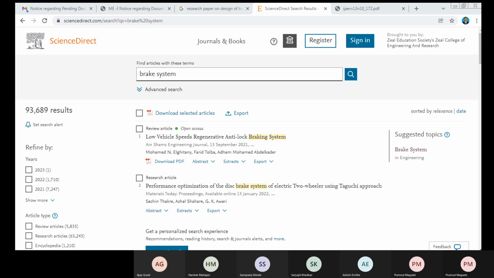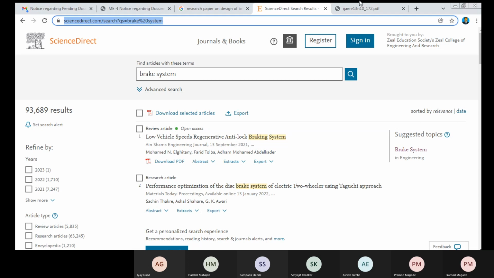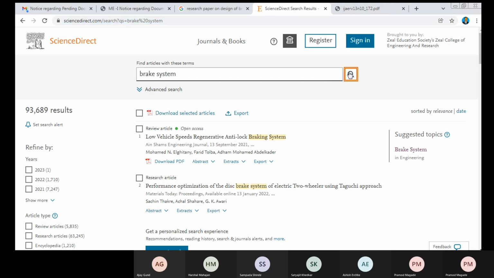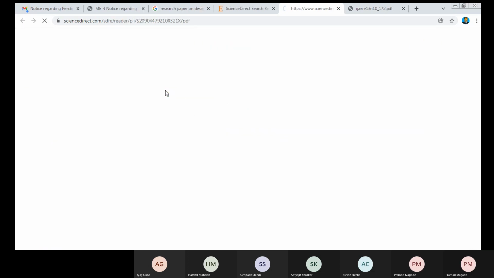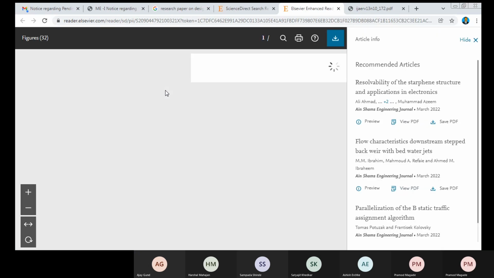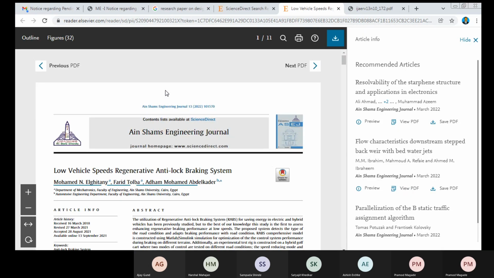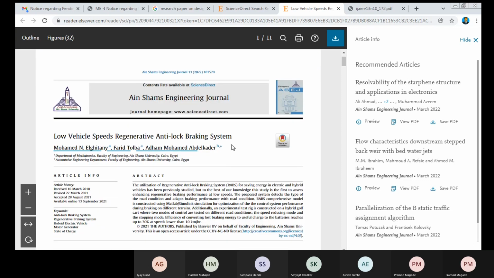ठीक आहे. नाव मी पाठवले. सी, ब्रेक सिस्टीम, सायन्स डायरेक्ट वेबसाईट, मी सर्च म्हटलं, सो आय गॉट दिस. इथं काय लिहिलंय बघा, लो व्हेकल स्पीड रिजनरेटिव्ह अँटी लॉक ब्रेकिंग सिस्टीम, डाउनलोड पीडीएफ आहे, डाउनलोड केली. I got this research paper and this is authentic research paper. ठीक है. Now see,